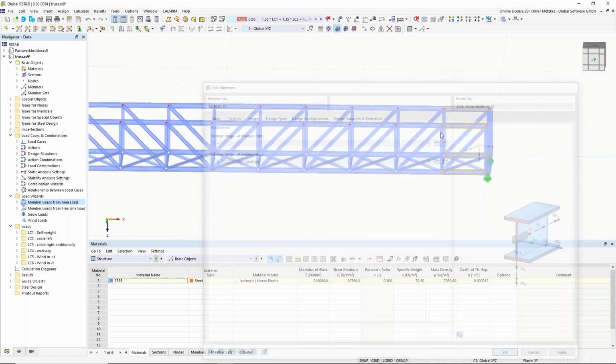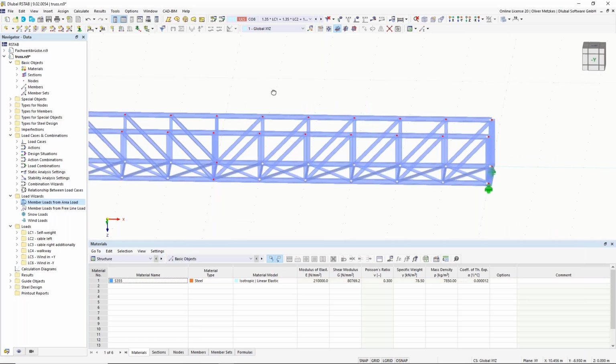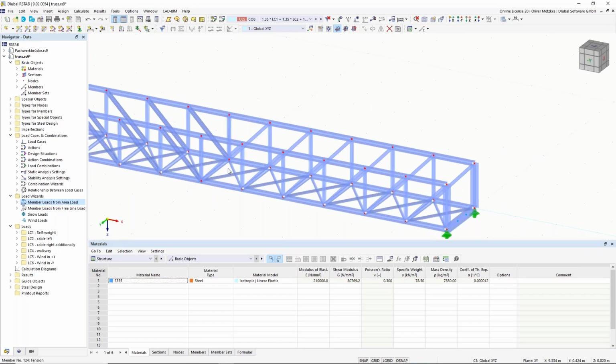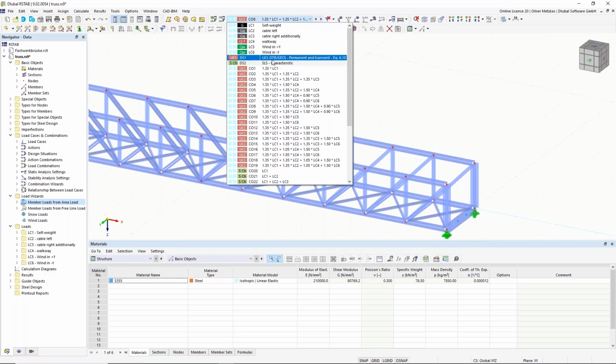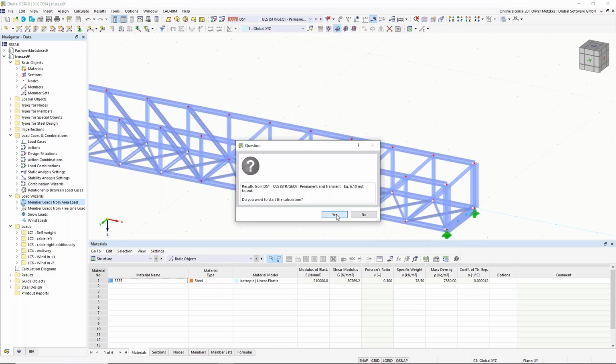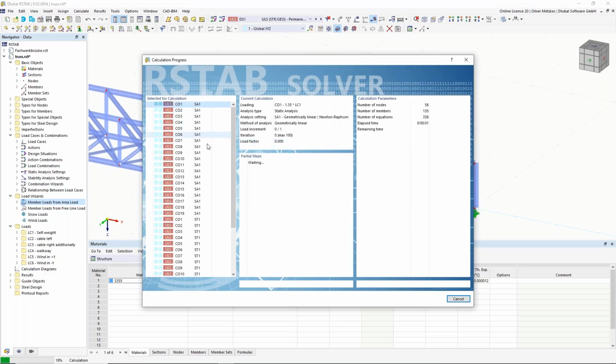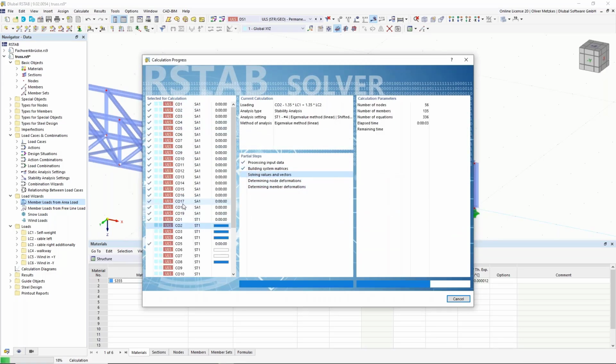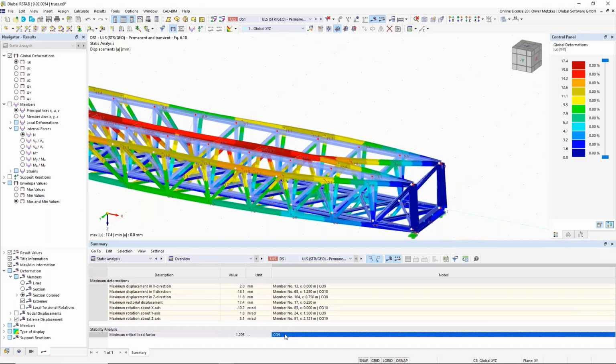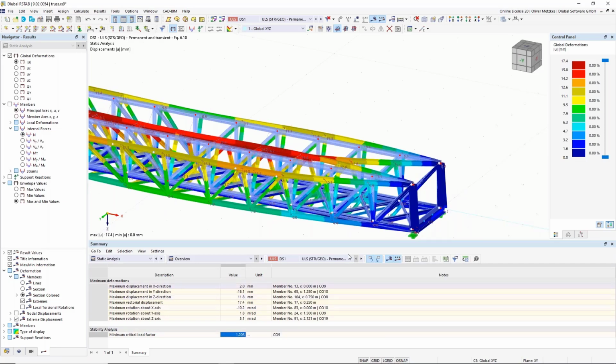Okay, so I have the hinges here, but the important change now was the insertion here of this frame in the middle. And if we now look again, for example, at this combination 8, or we can calculate design situation number 1 again, so then you see it again, static analysis for all those 19 combinations and also stability analysis for all the combinations. And now we see the result. Now the governing load combination would be combination number 9, but the minimum critical load factor is now 1.2. So if you now look at combination number 9,